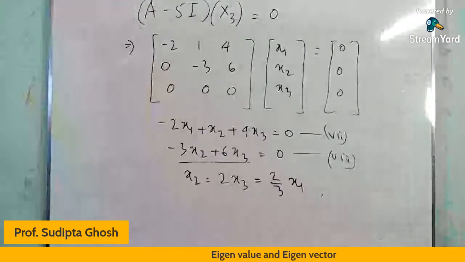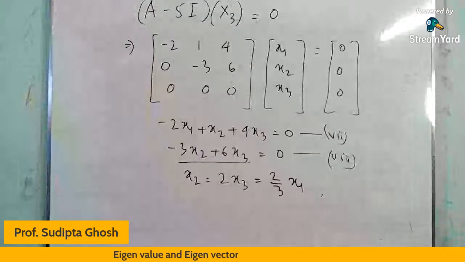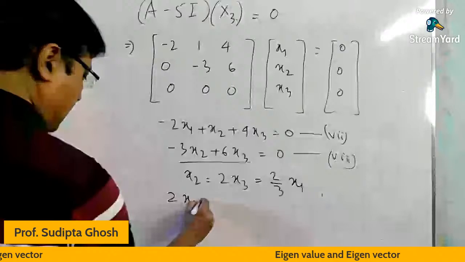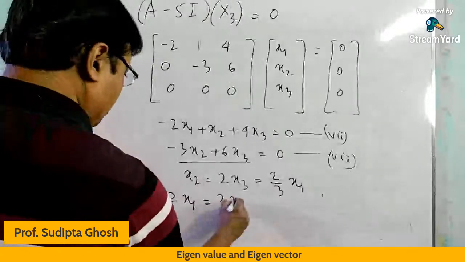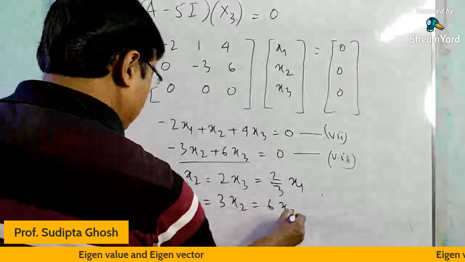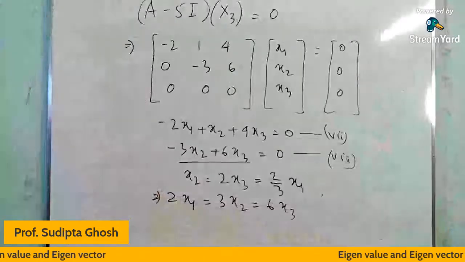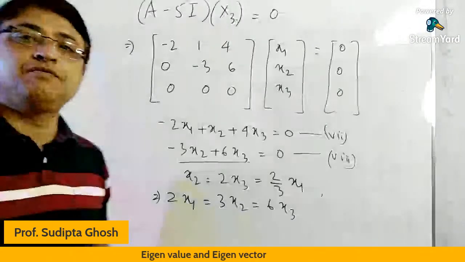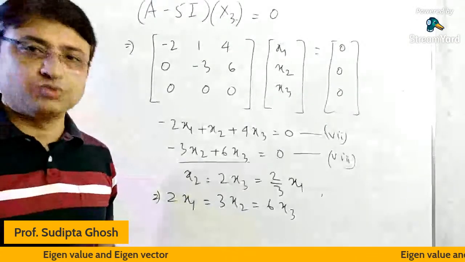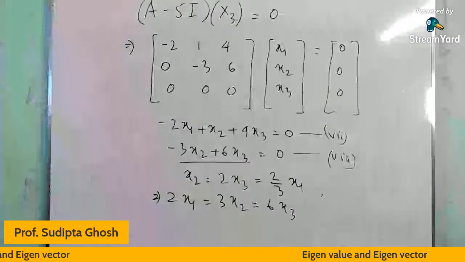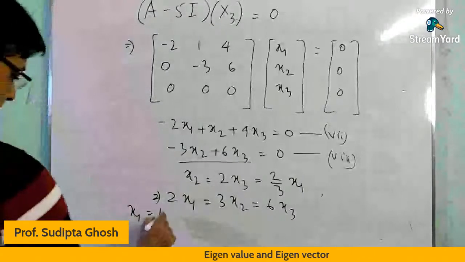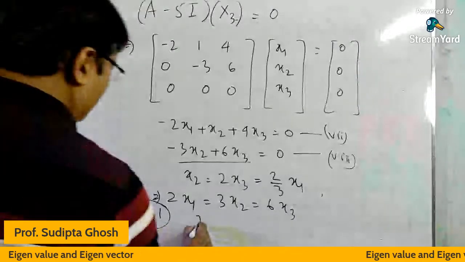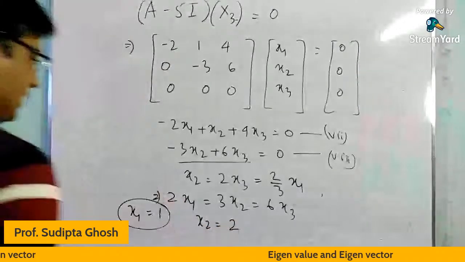So x2 equals twice x3 equals 2/3 of x1, or twice x1 equals 3x2, which equals 6 of x3. Now we again have to take some arbitrary values to find x1, x2, and x3. For this, let x1 equal 1. If x1 equals 1, then x2 will be 2, and x3